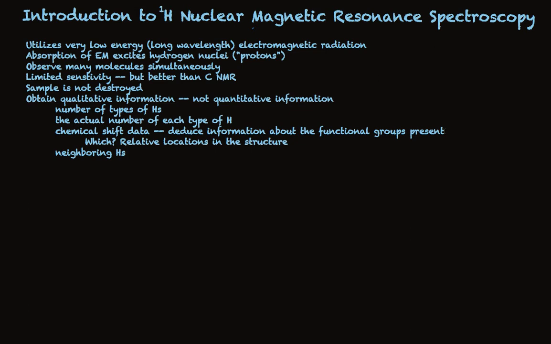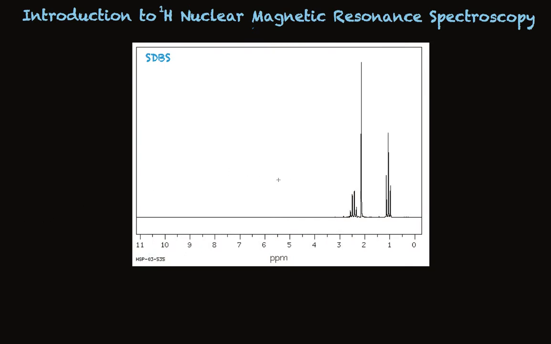Let's look at some spectra to illustrate the use of Proton NMR for structure assignment. Here's a spectrum taken from the SDBS database again of the compound we looked at for carbon NMR. You recall in carbon NMR we saw 4 signals because there are 4 different types of carbon. In Proton NMR we'll see 3 types of protons. Remember that this is a methyl group, so we'll put the 3 hydrogens in there maybe just to remind us that A is a signal from 3 hydrogens, B is a signal from 2 hydrogens, and